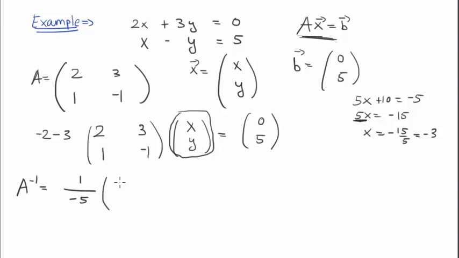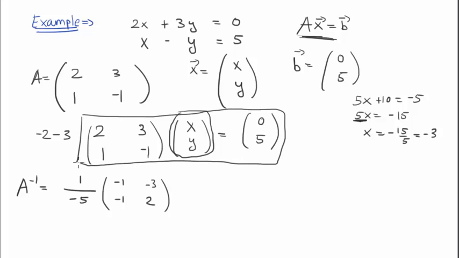Then we switch it: negative 1, 2, this becomes a negative 3, this becomes a negative 1, right? So that's A inverse. So now what I do is I multiply both sides of this equation by A inverse, which in turn will get rid of the 2, 3, 1, negative 1. Okay, so when I do that, I get,